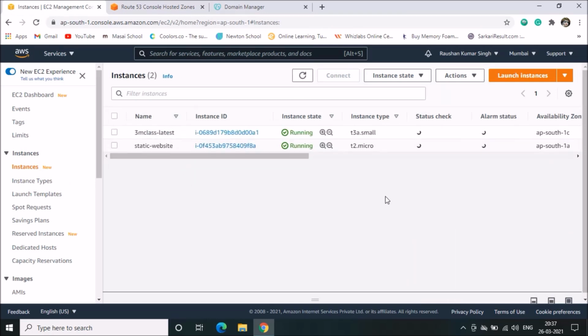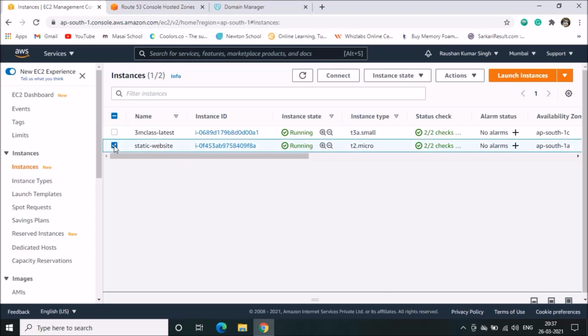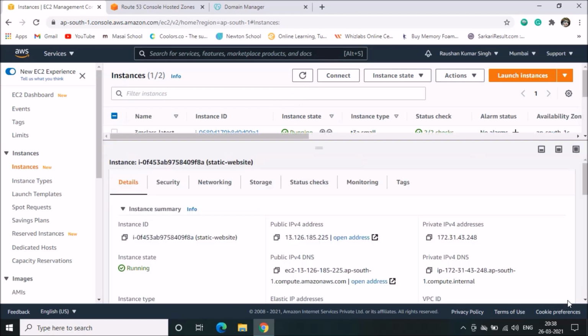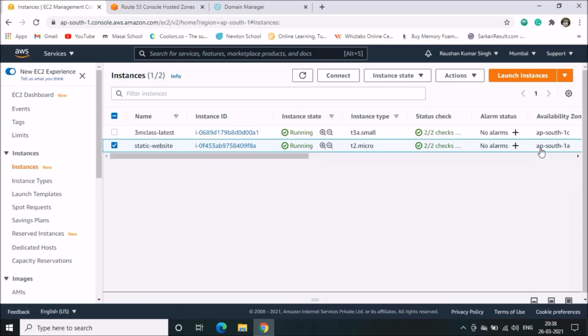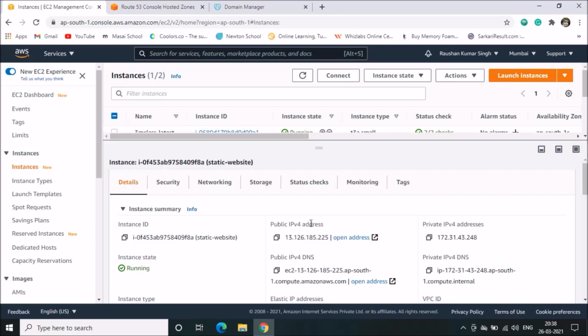Meanwhile the instance is launched, so we will take the IP address of our instance and connect with PuTTY and configure our server. Here is the public IP address that we will copy.